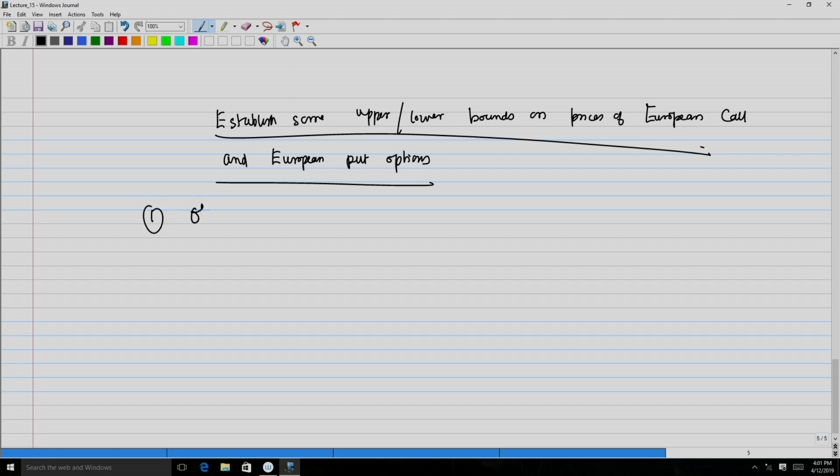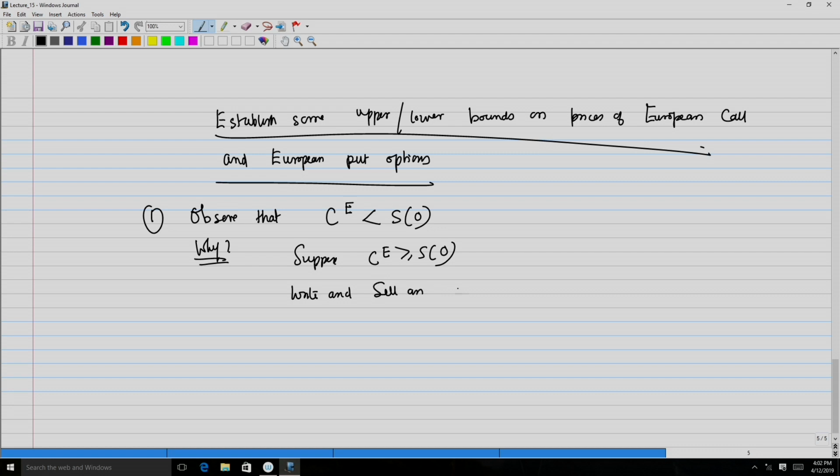So, first of all, we observe that C E is going to be strictly less than S 0. Now, why is this so? It is so because suppose C E is greater than or equal to 0, then what we will do is that we will just write and sell an option. So, you will receive an amount of C E and then we buy a stock for S 0,